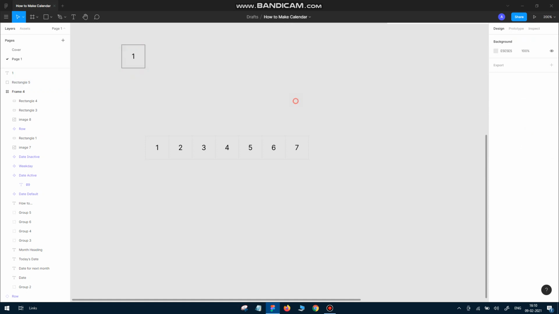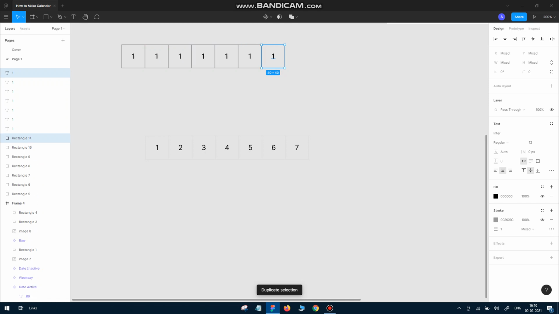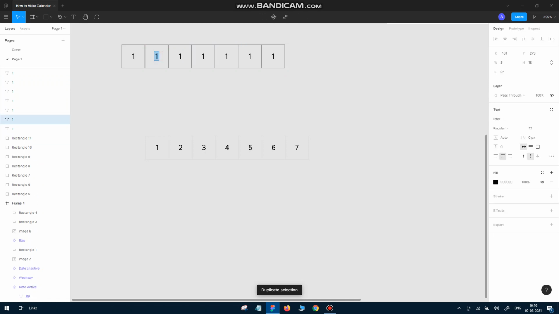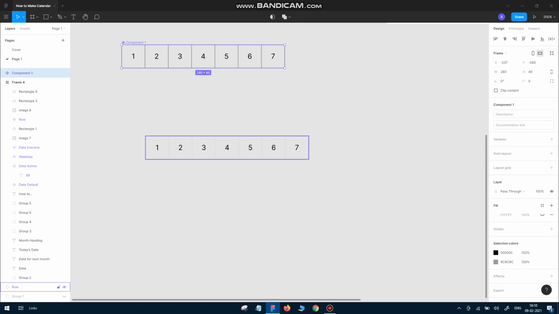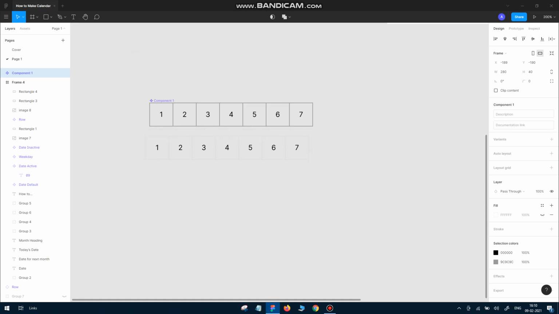and change it to center. As you can see, now we have number 1, and we can duplicate this by pressing Ctrl D and move it by arrow keys, and Ctrl D again, and we can edit by using double click: 2, 3, 4, 5, 6, 7. So it's resembling like this. So we'll select all of this and create a component like this. So it will become this, and we can change the color, which is DF.